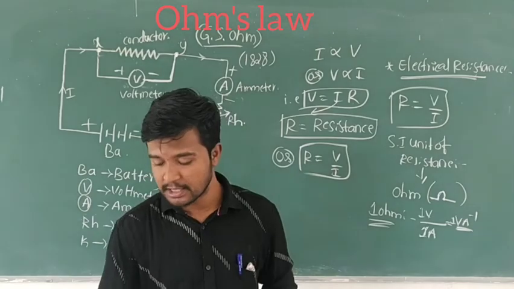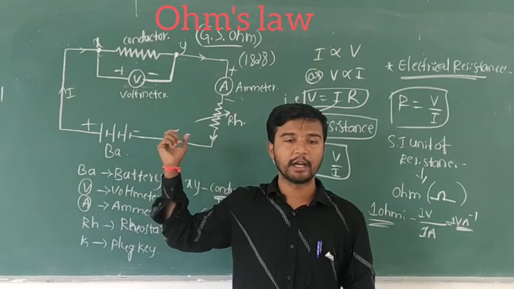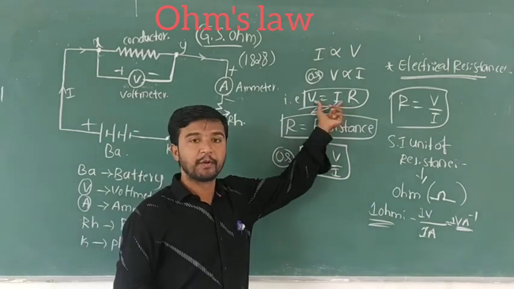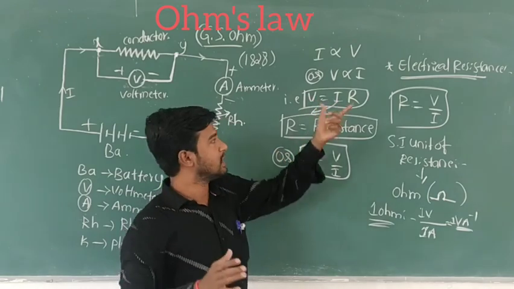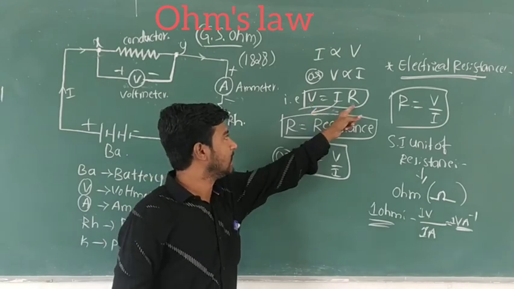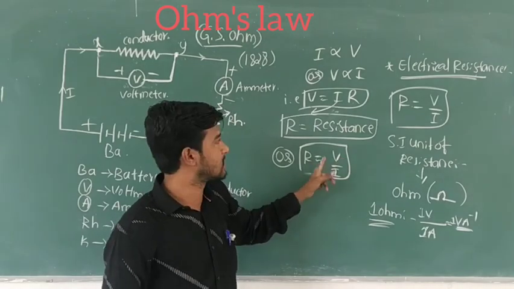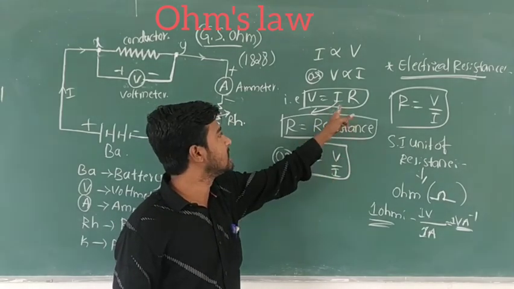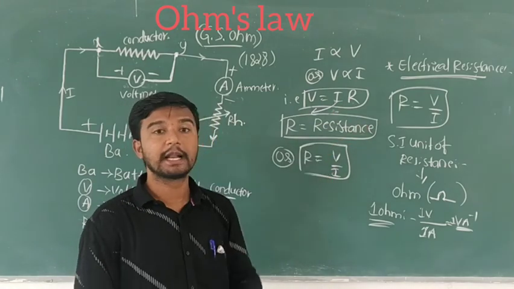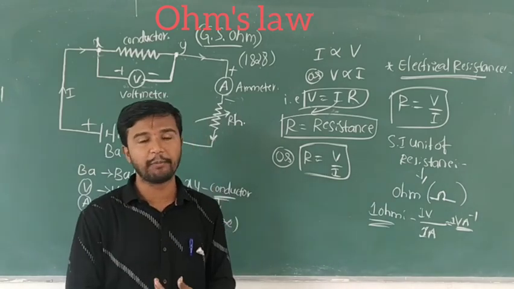Clear? This is today's class about Ohm's law. This is very important in the examination and also a problematic section. V equal to IR. Just note this point. From this, three equations come. They will ask you to find the resistance, that is V by I. And they will ask the current in this conductor, that is V by R. This is so simple. That is about electrical resistance. Next we will discuss the resistivity part.